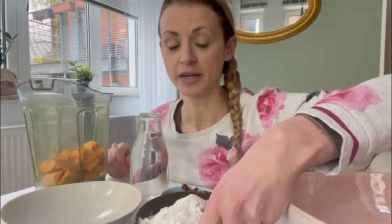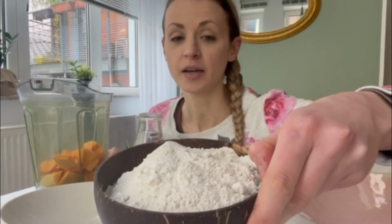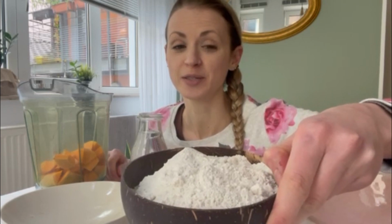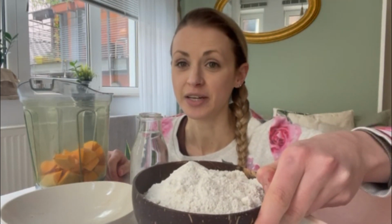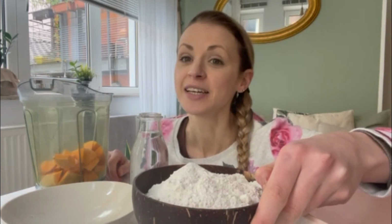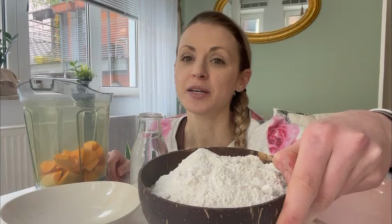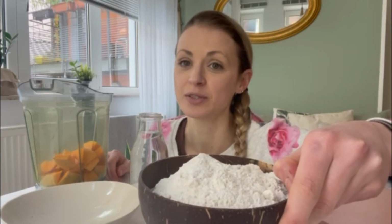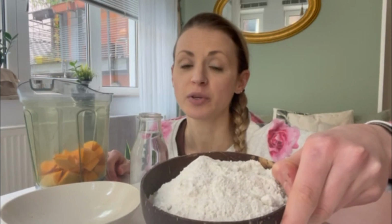And what we're going to do is, I have the dry ingredients here. So this is buckwheat flour. I made it myself, so it's homemade buckwheat. I sprouted the buckwheat and then I dried it in my dehydrator, and then I ground it as flour in my Vitamix. If you want to skip all these steps, you can just buy store-bought buckwheat flour, but I'm